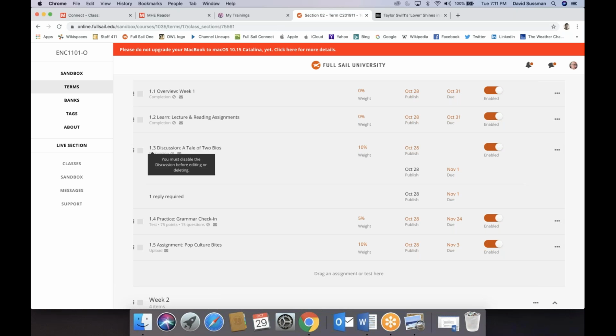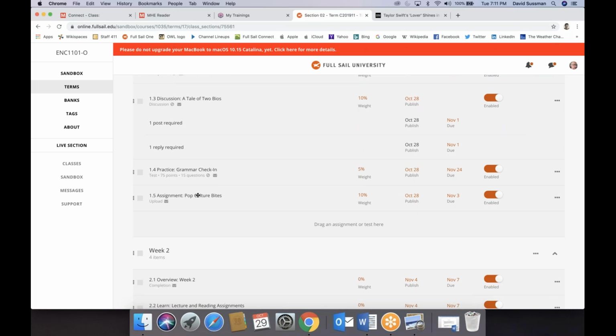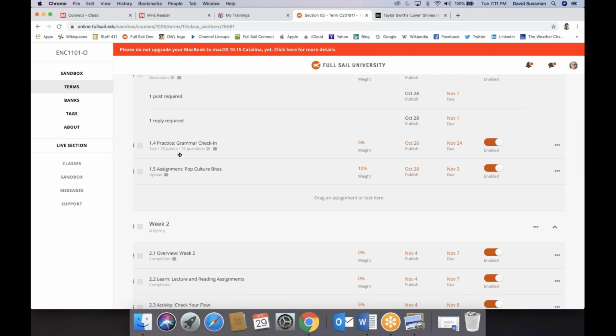Again, we're going to go into more detail about what this activity requires. And then you have this one, which we're going to talk about in detail as well, that's due on Sunday. You have a grammar quiz. You have one in week one and week three. Here's the awesome thing, though. You can take this quiz up to 10 times. Because here's the thing. The first time you take it, you're probably going to bomb. You're probably going to get a score that's like 30 or 40, and you're going to be depressed, but you have 9 more chances. And you can absolutely lift this grade up into the high B or even A range if you pay attention to the explanations for why you got questions wrong.